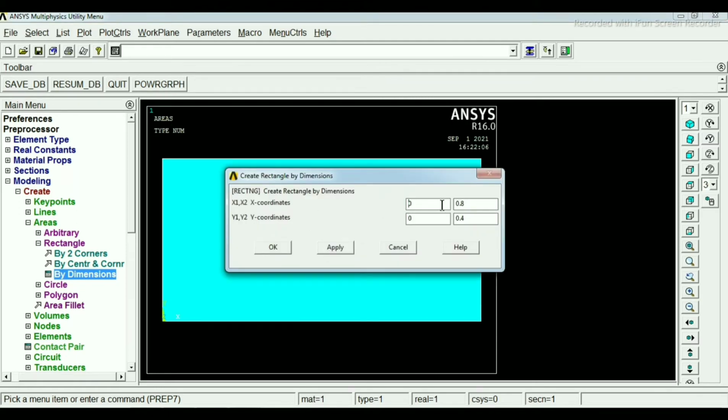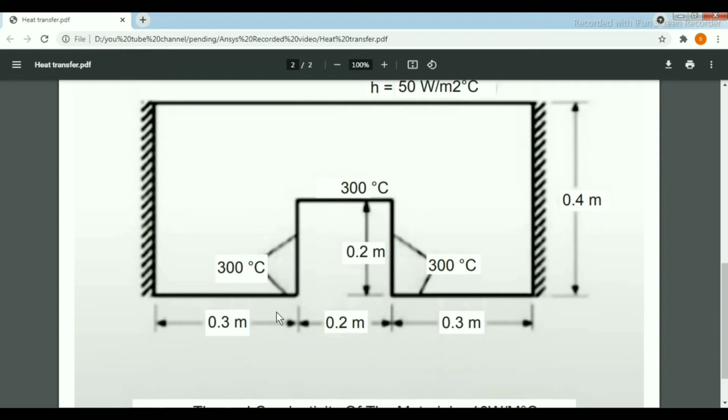Now we want to add the second coordinates. Our second x coordinates will be 0.3 and 0.5, because the rectangular cut is starting from 0.3 up to 0.5. The y coordinate will start from 0, and the length and height of this rectangle will be 0.2.